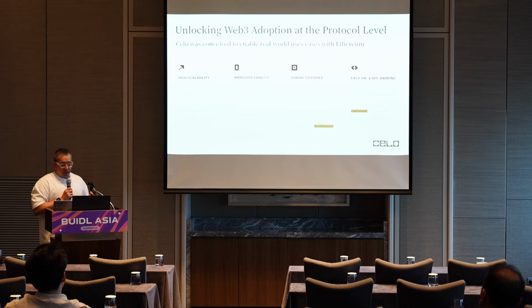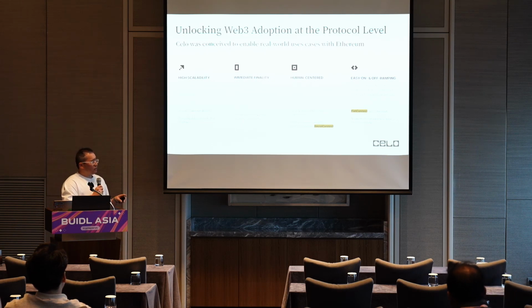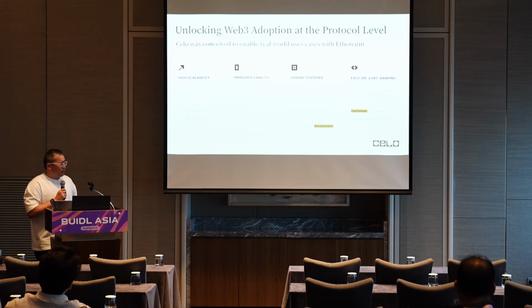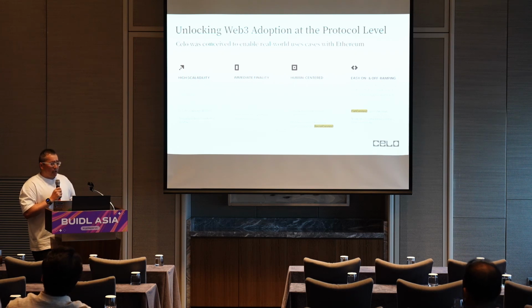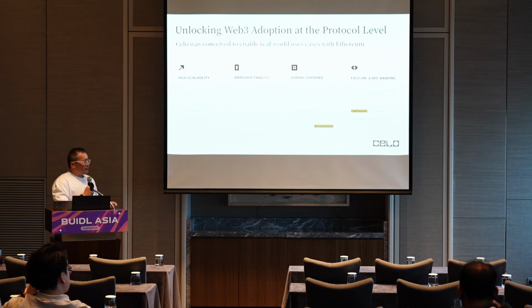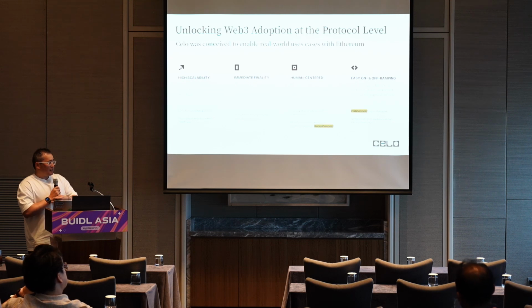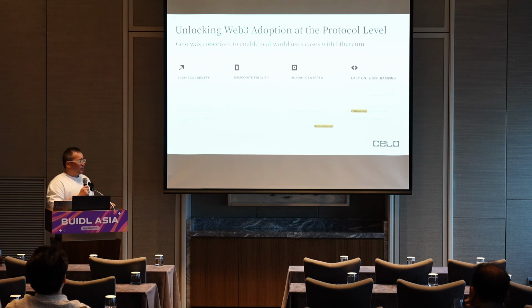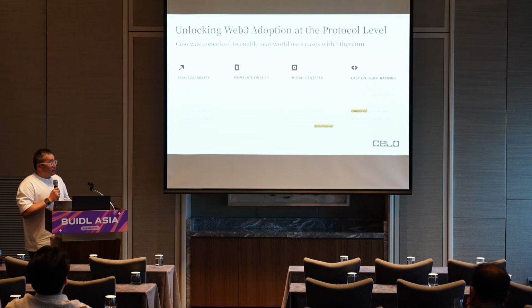We also want this to be user-centric and focused on people. So a couple things that Celo offers is gas being paid in stablecoins. So it sounds like a simple thing, but from the beginning, Celo has allowed a couple stablecoins for gas. And what this means is that if I knew everybody's phone number here, I could send you maybe $1 of a Celo stablecoin, and you can immediately start transacting on the network.